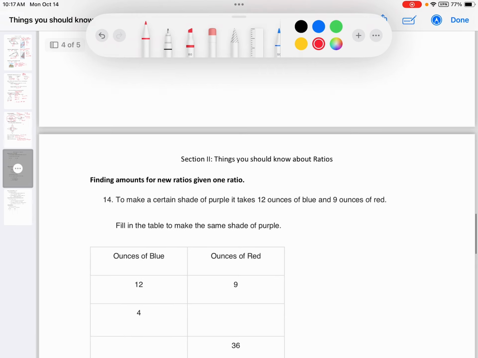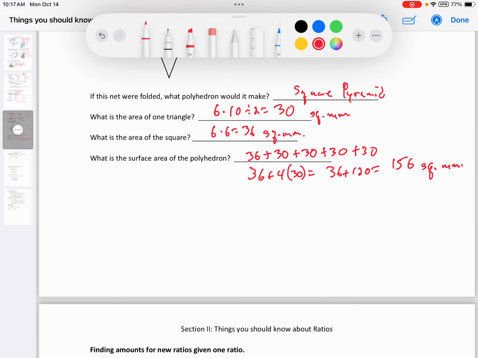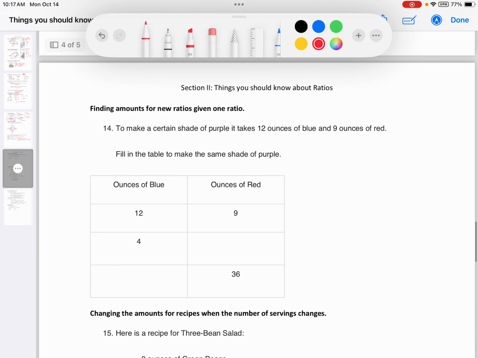So, that is everything that you need to know for your test on the 15th. You also have some things that you've learned since we've done area. We've learned about ratios. So I'm going to go through the section on ratios now. The key idea of ratios is that it's always multiplying or dividing. So in every single one of these questions, first, find what to multiply by,